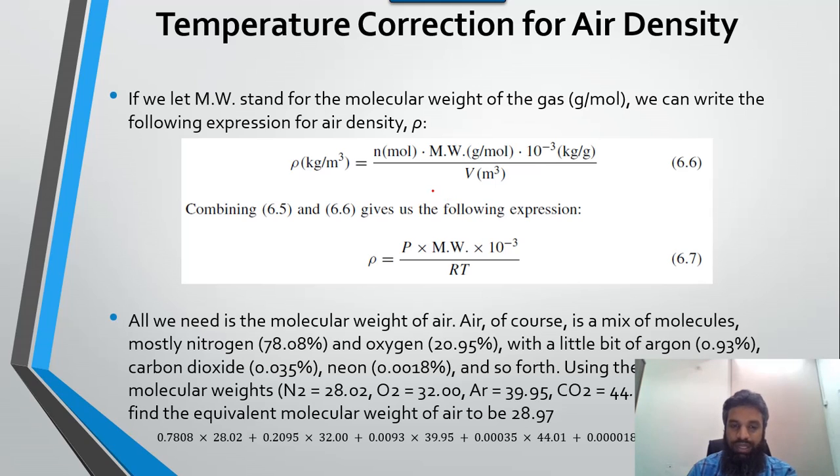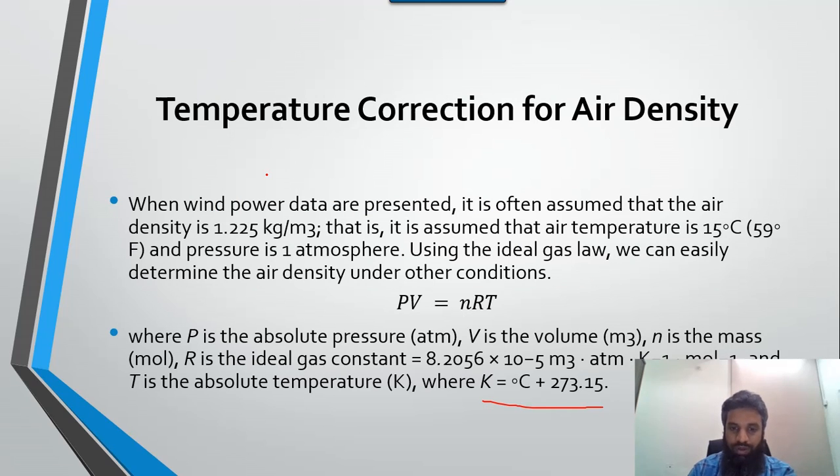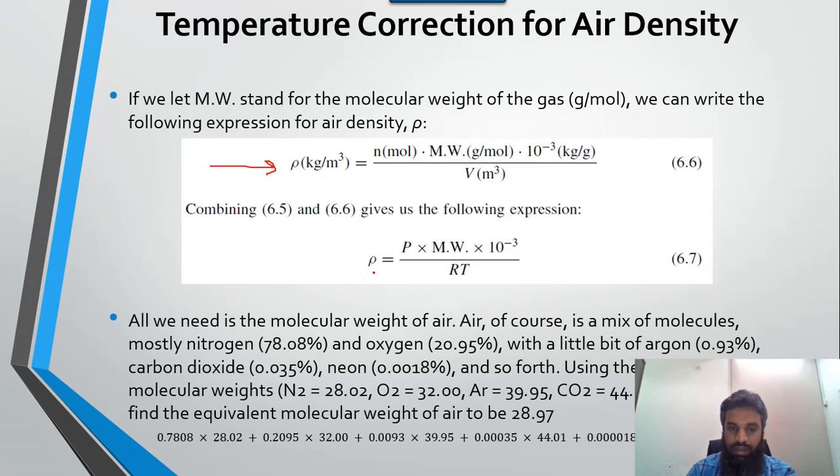And if we put these two values, this value and the previous formula value, and combine these two values, then we have rho is equal to P into molecular weight into 10 to the power minus 3 divided by RT. So RT comes from the volume. We change the volume into RT divided by P. So the P goes up, and this is the basic formula. So in this formula, we need to calculate molecular weight, and molecular weight is dependent on the air